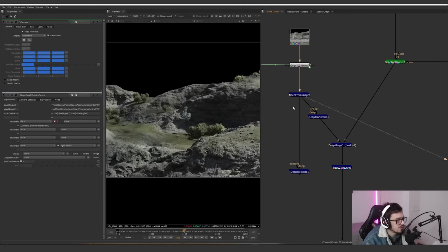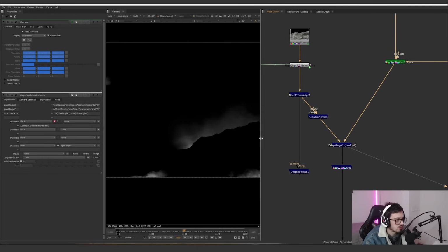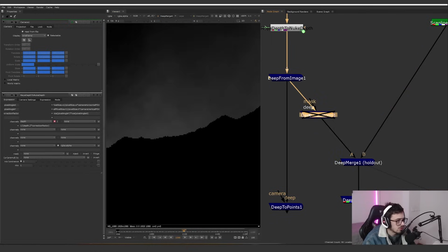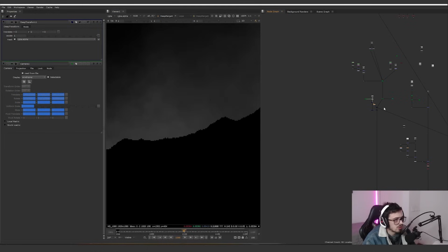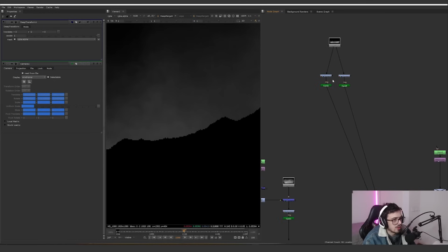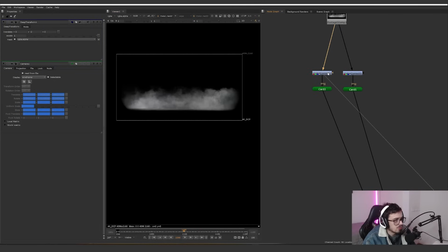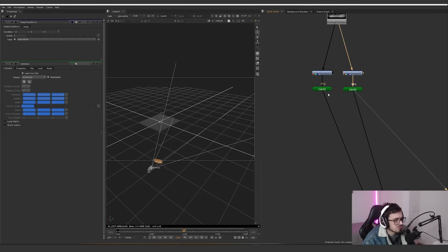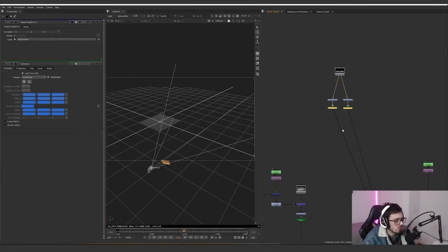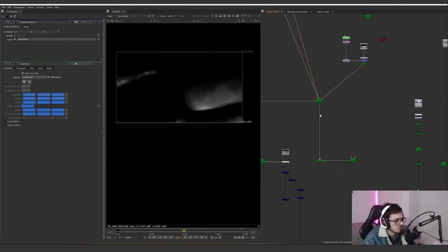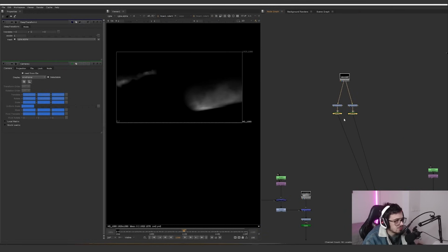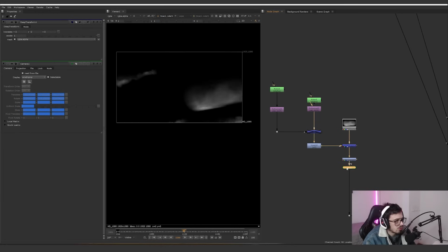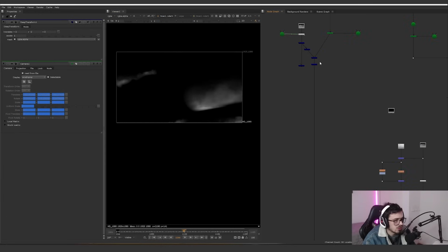Basically, this is what I'm getting. I'm also transforming it a little bit lower because I'm just going to be using the depth data for what? To get these results. This is what I'm doing. I'm basically transforming it downwards 2 points, and you will see why in a moment. I'm creating this postage stamp, adding a little bit color correction. I'm placing them over here in front of the camera. So I'm placing them over here, and also placing some over here, which is going to be at the back